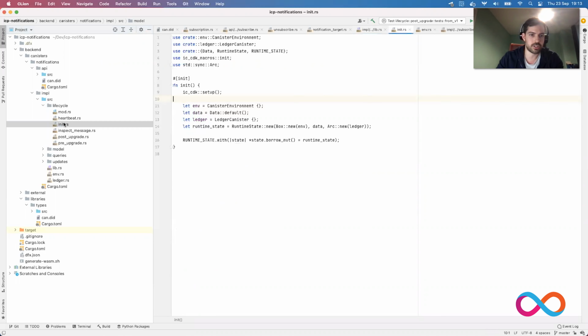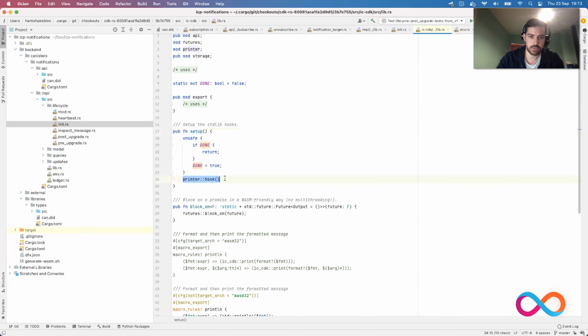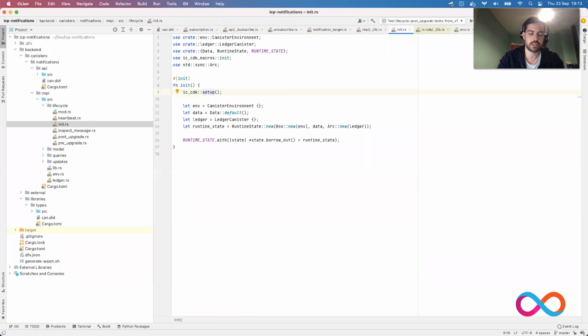So let's look at initialization first. This is always worth calling at the very beginning of your initialization, because what this does is it will wire it up so that anytime there's a panic, it will write out the text from that panic so that you can see it. So that's just something that's worth doing for helping your debugging. If you just call that when you first do the initialization,